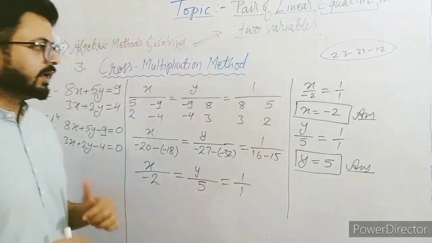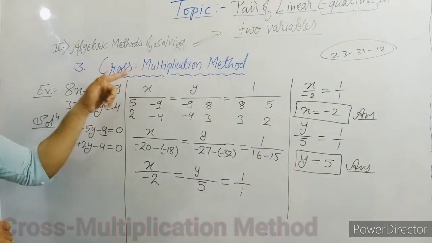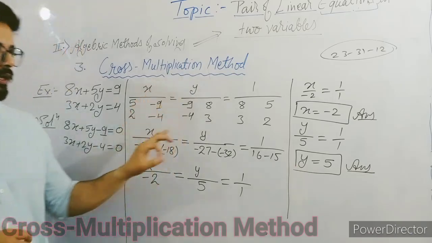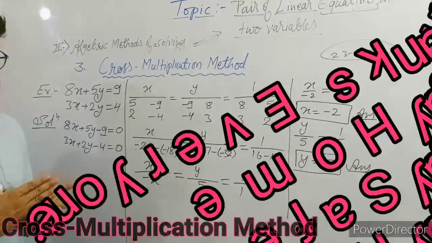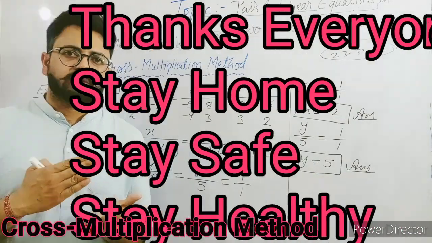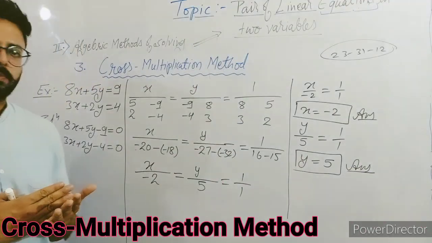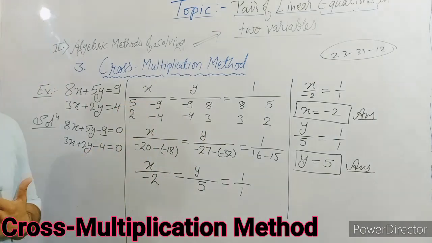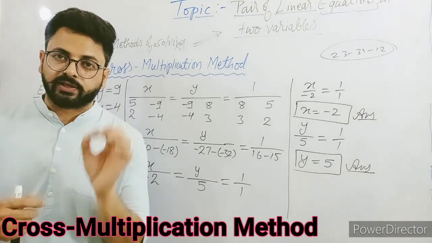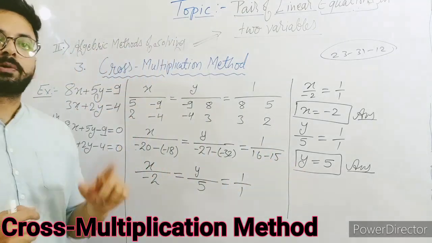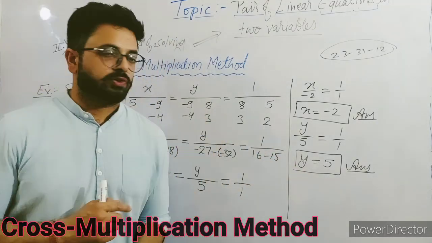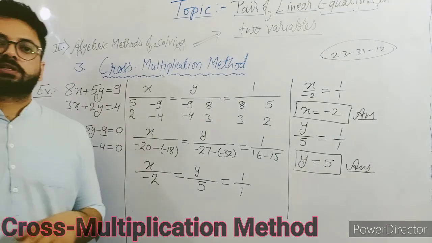So you note down and do more and more questions on this cross multiplication method. I am telling you this method is very easy. But most of the students use the elimination method. But this is also a very easy method to solve the question. Whenever the exam question is asking with the method name, that time you have to apply that method only, otherwise your solution will be considered wrong.